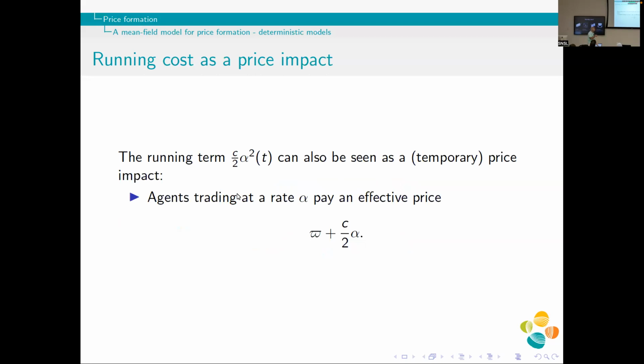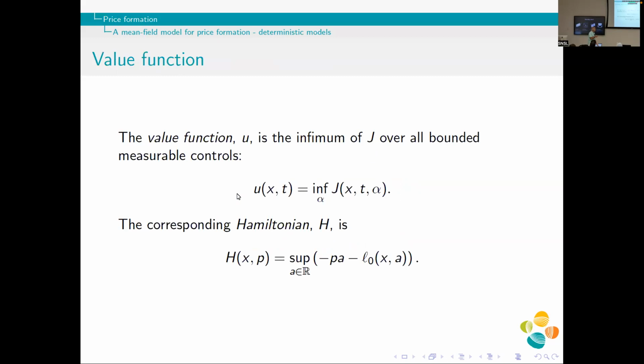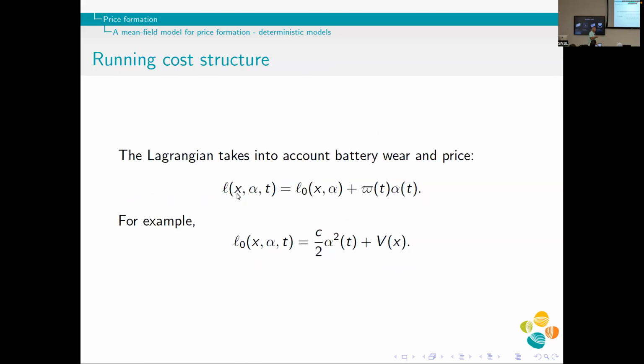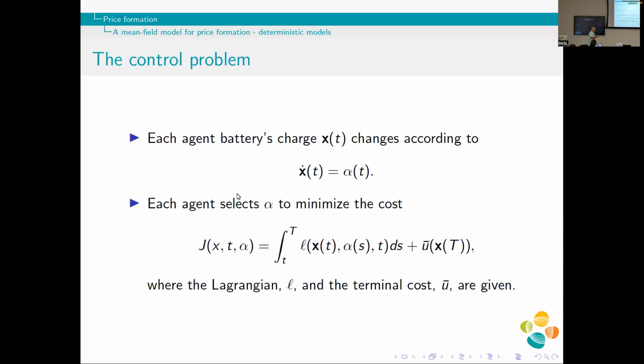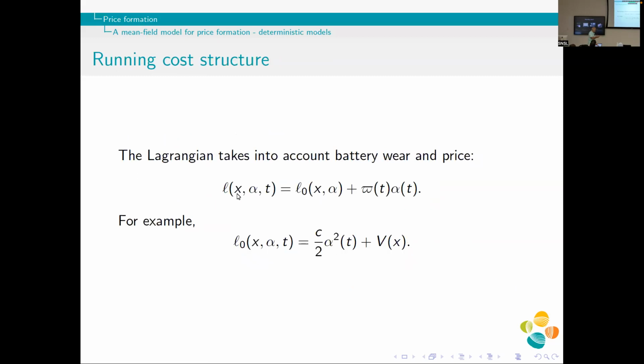So as I said, this term can be seen as the temporary price impact, because if you look at the previous expression, okay, if you look at this previous expression, and if you factor alpha from this guy and this guy,